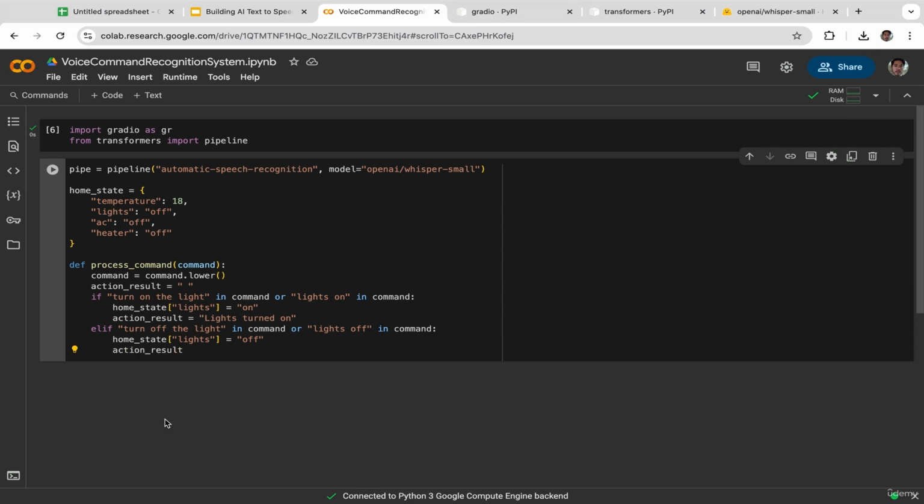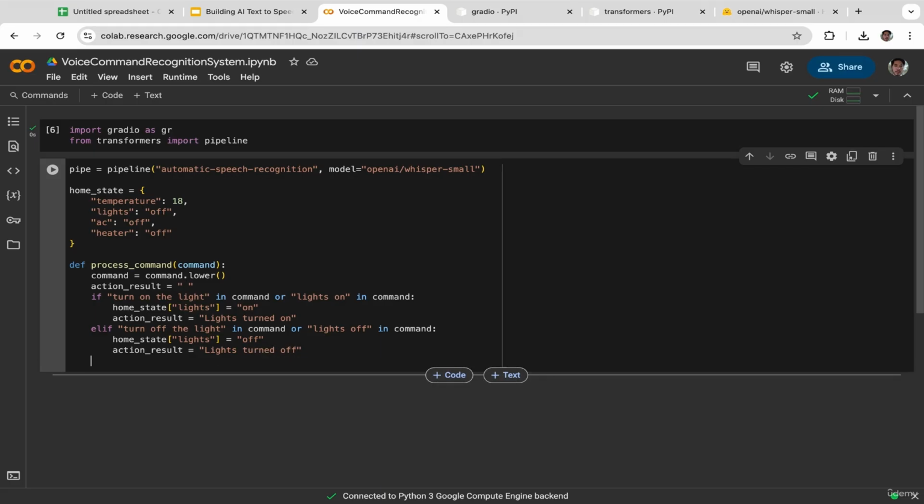And we are going to do the same thing for the second one. We're going to set the action results to lights turn off. Next, we are going to check if the user wants to increase or decrease the temperature. Else if increase temperature